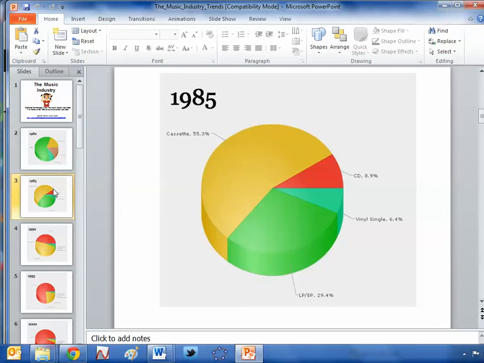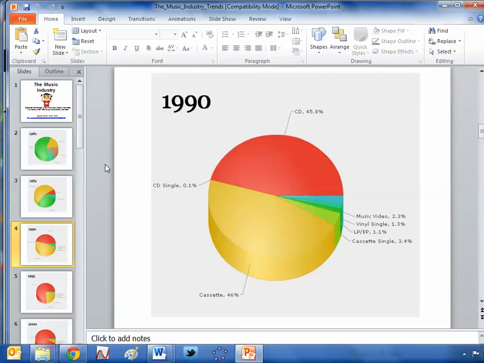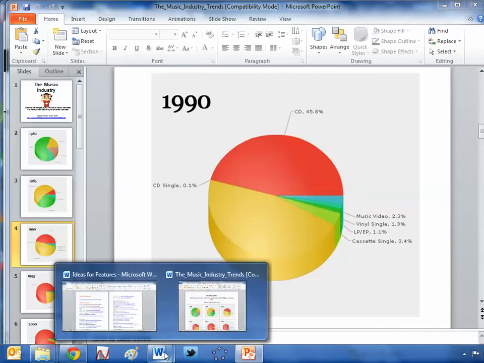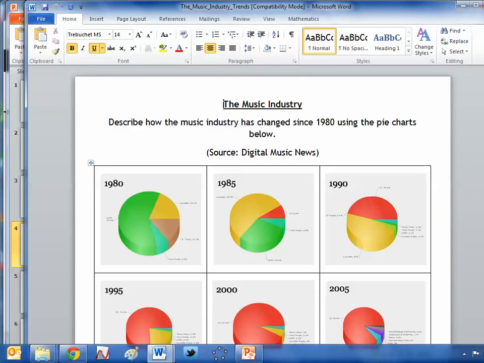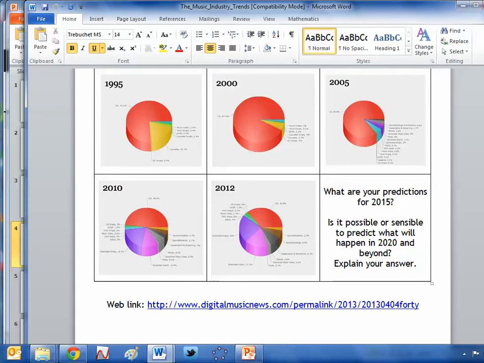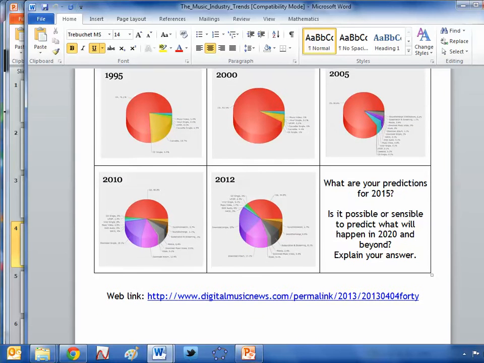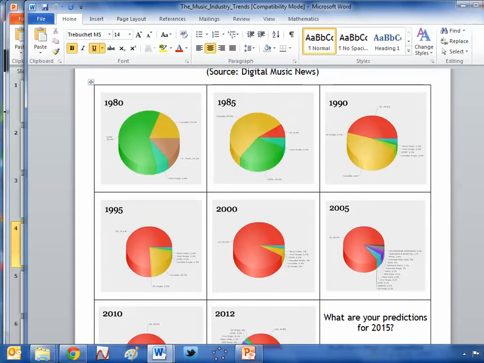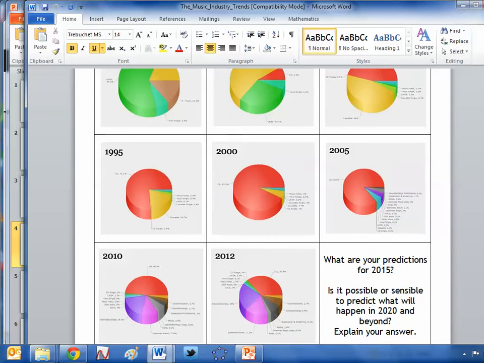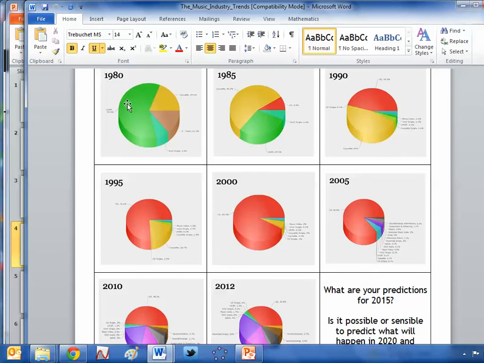And then it's a case of showing them just how things change over the next few years. So in 1985, cassettes really start to come into play, and then you start seeing CDs build. And then it develops onwards and onwards like this. Now, the way I chose to present it to the students was to use the accompanying worksheet, which summarises all this. I didn't change a single thing. I got students to write down as much as they could. I encouraged them to write 3 bullet points that summarised how the music industry changed the way it makes its money from 1980 to 2012.